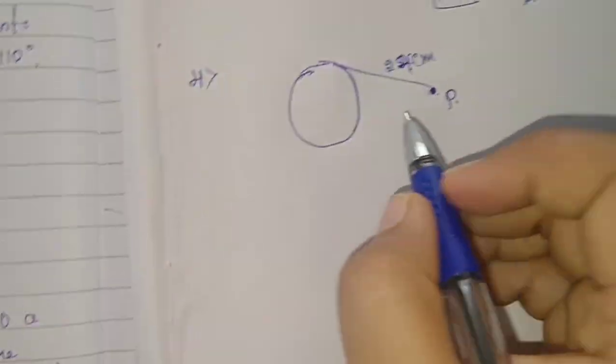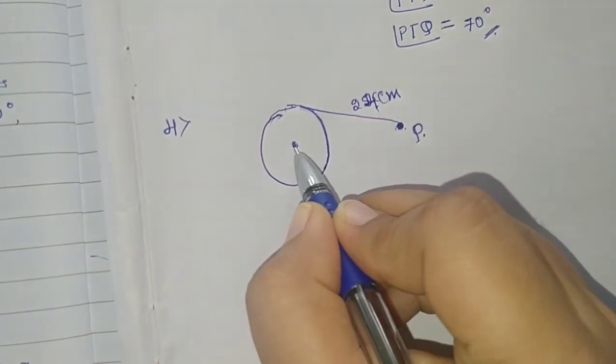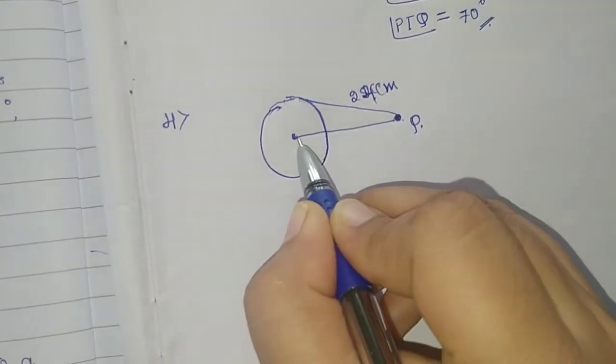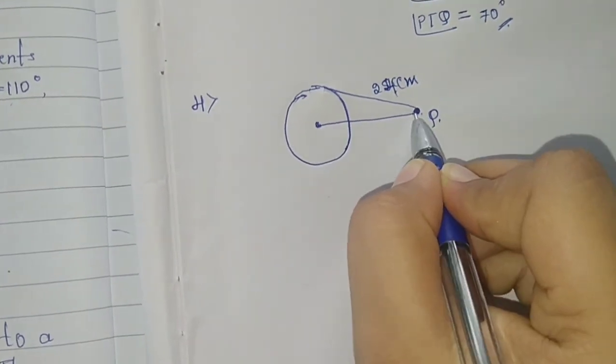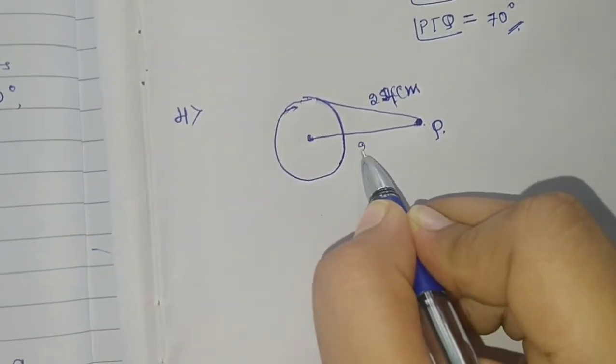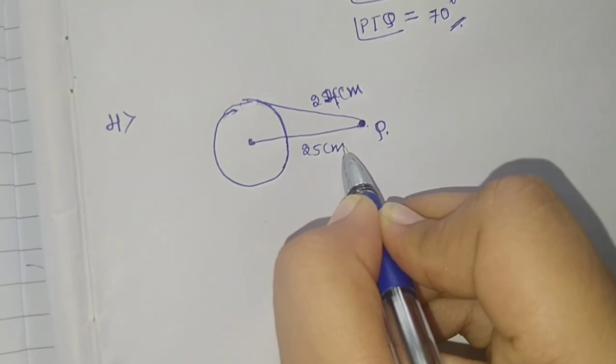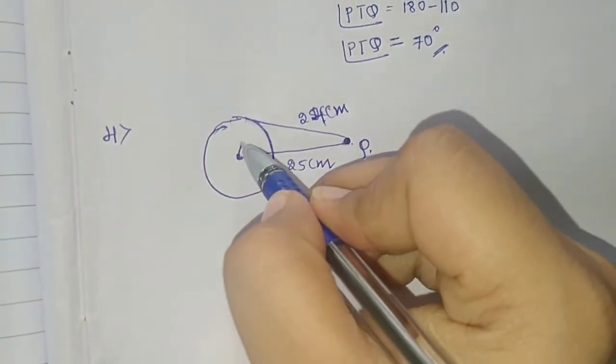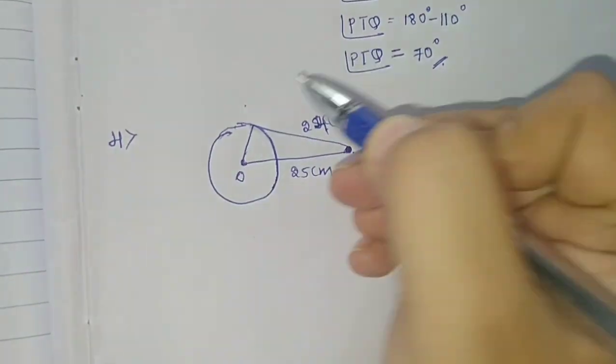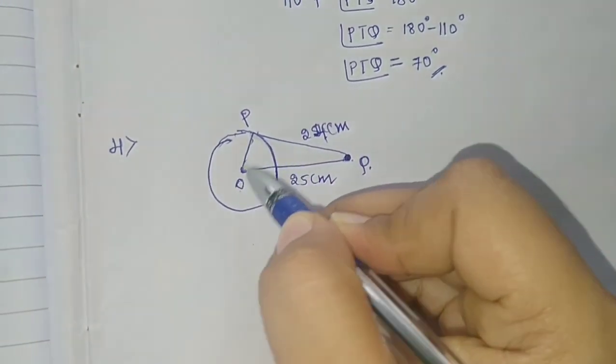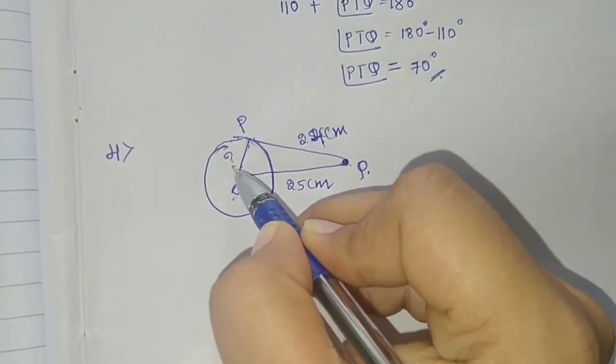Again, what they have given is the length between the point Q and the center of the circle is 25 centimeters. So this is the center of the circle and this is the tangent. The length between this external point and the center of the circle is nothing but 25 centimeters. Then you have to find the value of the radius OP. How can we find it? So we know